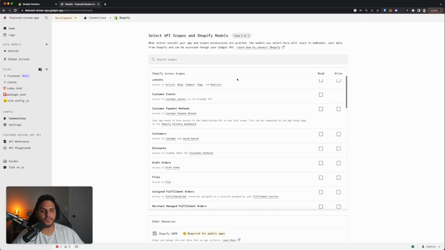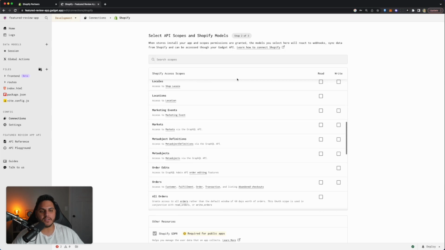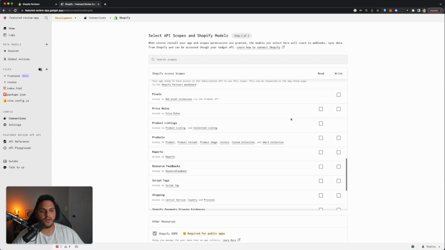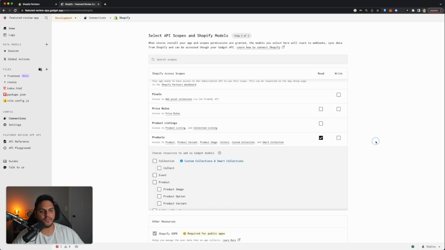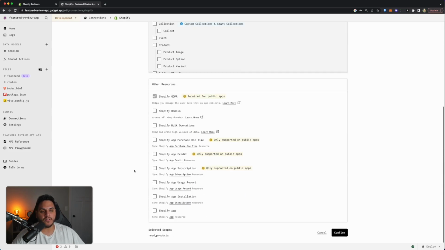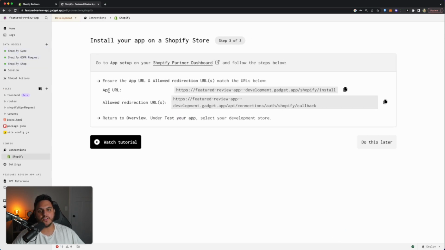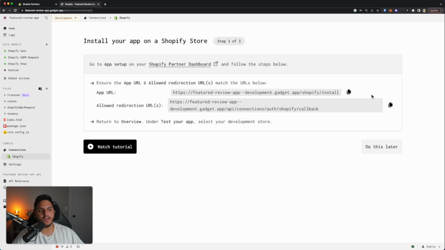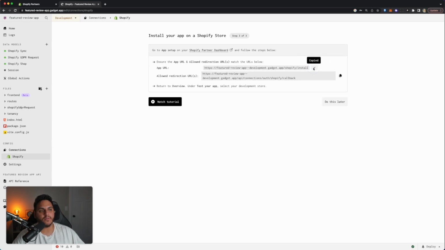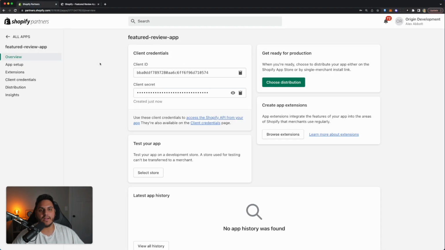Okay, so for scopes, for the app we're building today, we actually don't need any scopes, but we're going to go ahead and just add the read product scope because you do need at least one scope in order to install the app. Then we'll click confirm here at the bottom, and it'll give us two URLs, an app URL and a redirection URL. So these we'll be able to just copy them, and we'll go back to our Shopify